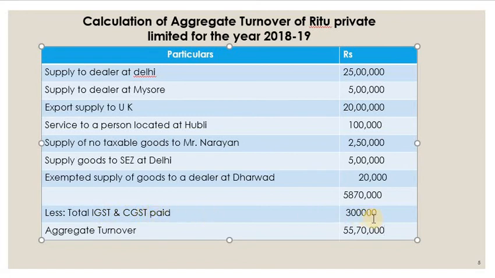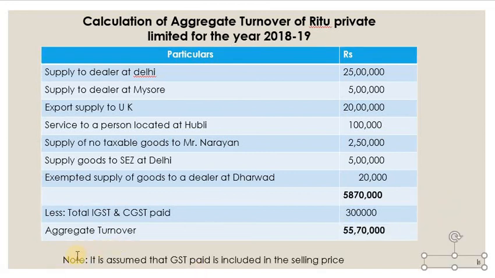One important thing is that we have deducted IGST and CGST with the assumption that this IGST and CGST is already included in the above amounts. If it is not included in the above amounts, then we need not deduct it. Because whenever there is a transaction, GST has to be paid, we assume that this much GST has been paid and is already included in the above transactions. So you have to remember that. We have to give a note stating that it is included.